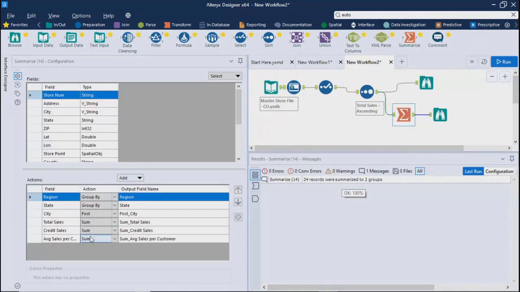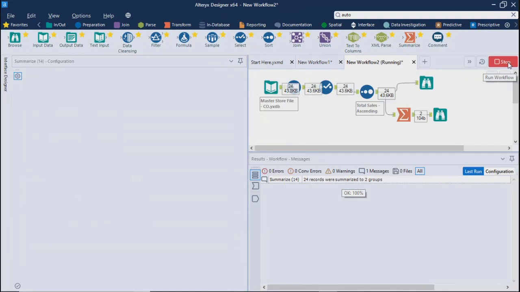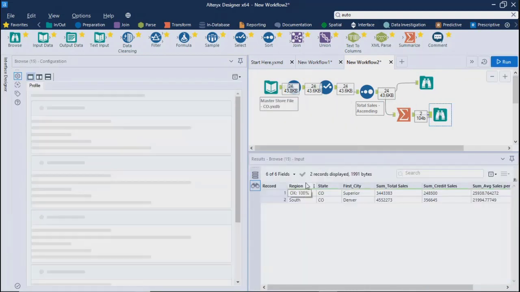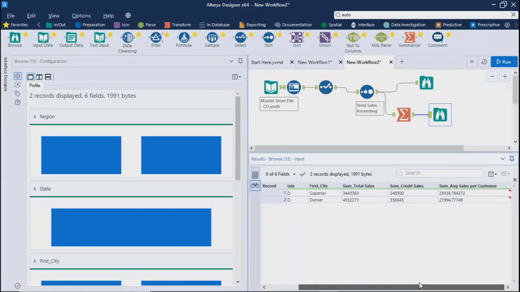What I mean is, under region or state, even if I go by state, state has only one value, so first will give me all the records. But in case of city, I have multiple values, and if I select first, it will pick up just the first city of both the regions, and accordingly give me the result. So there has to be a grouping and hierarchy basis on which it returns the result.